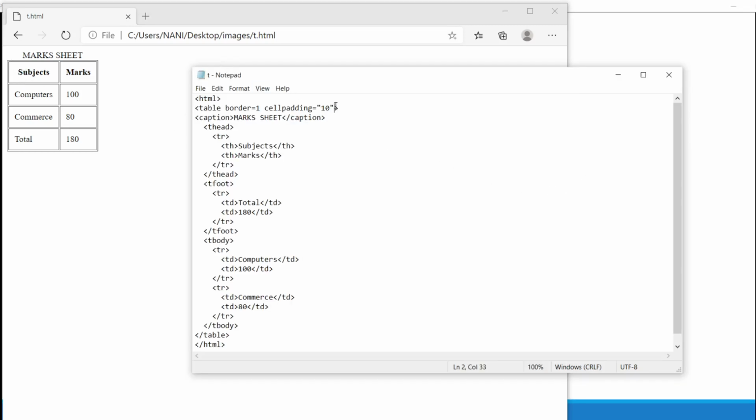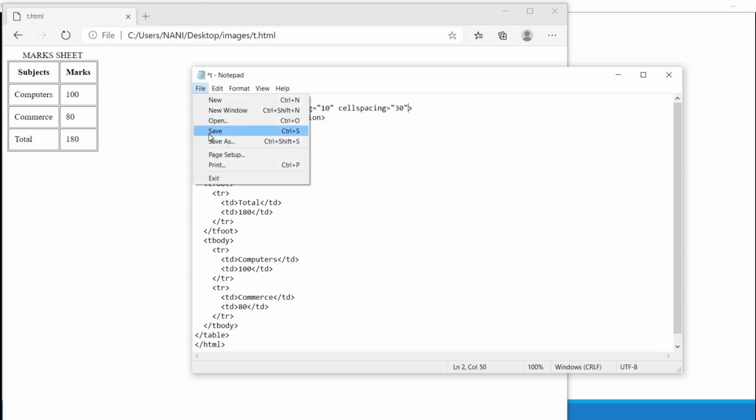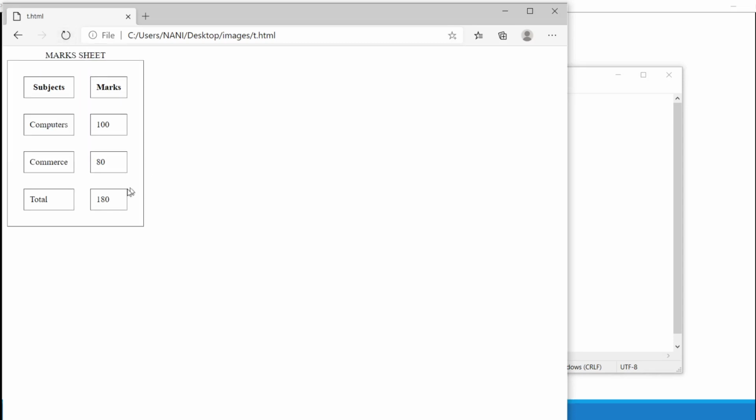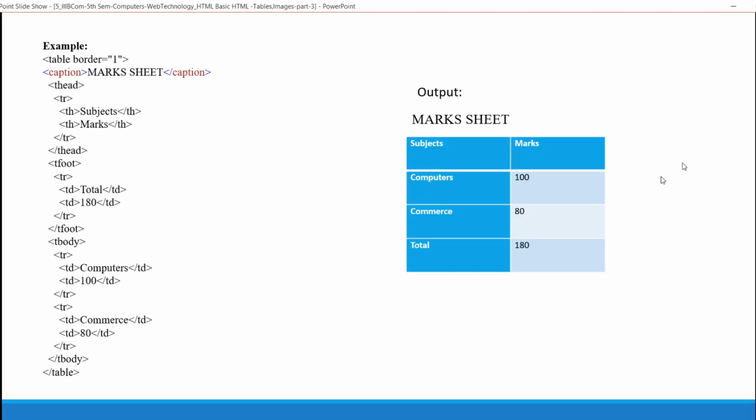Similarly, I am providing cellspacing. Cellspacing equals to some value. Save it. Run. See, now the white spaces are provided between the cells. This is about the table tag.